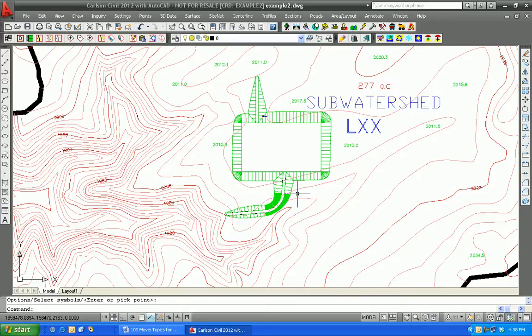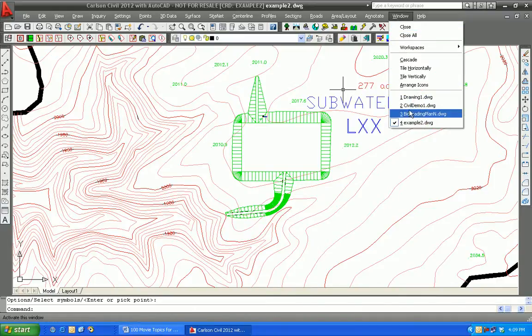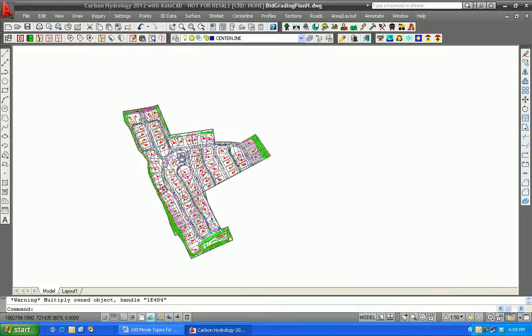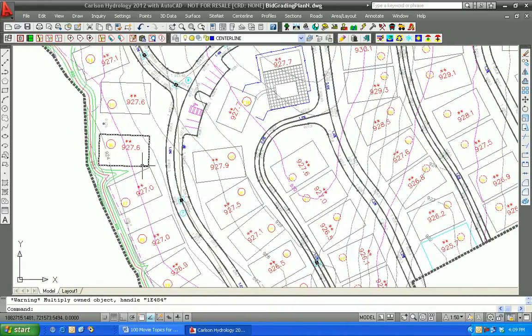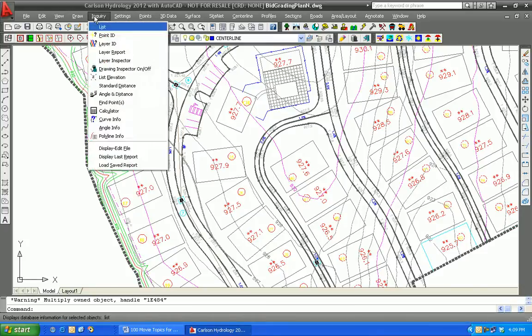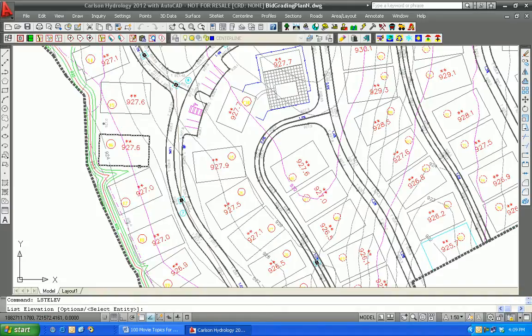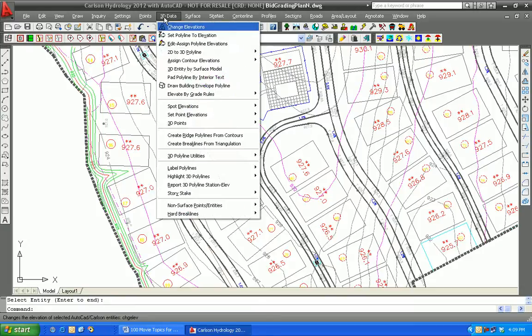Now let's quickly go to another example. If we window out and go to this example here, we have two perimeters with known elevations. Now let's make these 3D polylines. Right now, if we do a command list elevation and pick these pads, they're at 0, both of them. One quick way to change their elevation